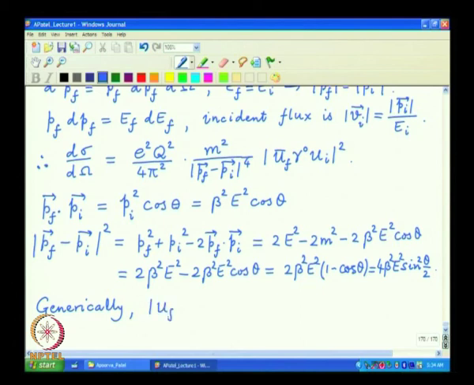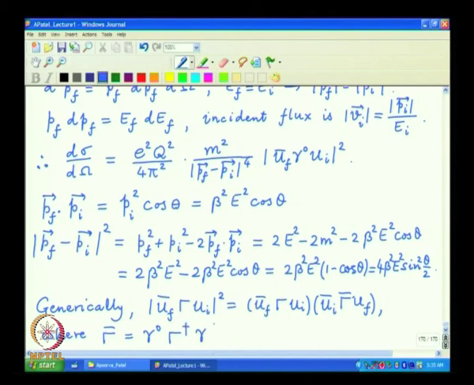Generically an object of this type can be rewritten as a number times its complex conjugate, but the complex conjugate is nothing but u i and u f written in the opposite order with a little matrix, and the left matrix is defined by taking the gamma 0 which is part of u bar onto the other side, and so gamma 0 gives the transformation rule that this capital gamma bar is nothing but gamma 0 capital gamma dagger times gamma 0.